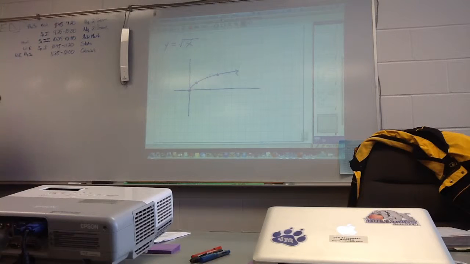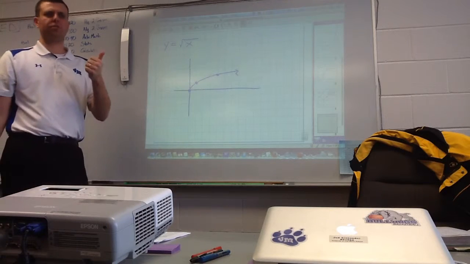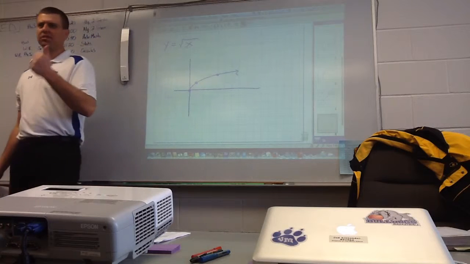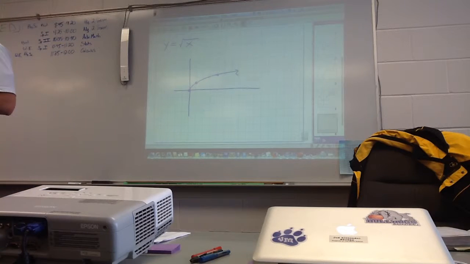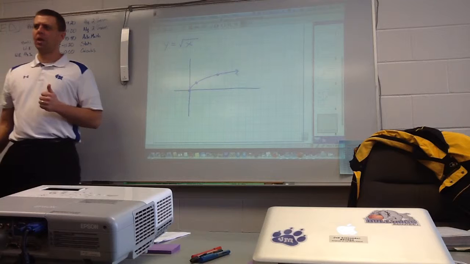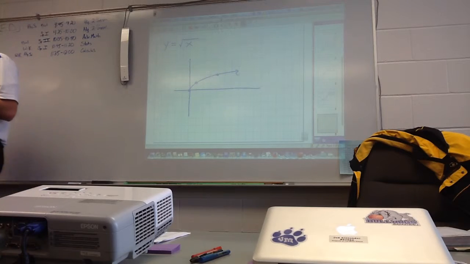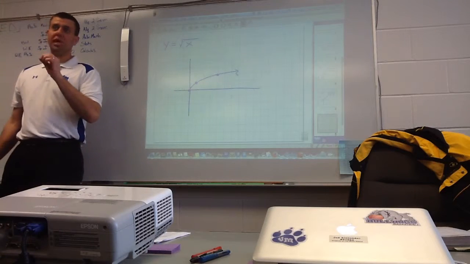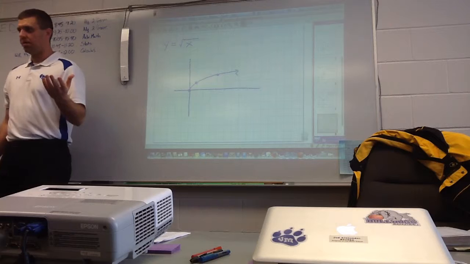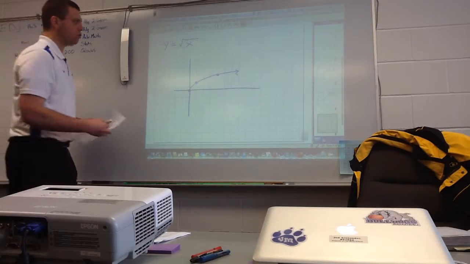Domain. What numbers can you plug in for x and expect to get an answer? 0 to infinity. Why can you not plug in negative numbers for x? Because then we have an imaginary number. So you get imaginary answers. You won't get a real answer. You can't do a square root of negative numbers. Okay? So domain